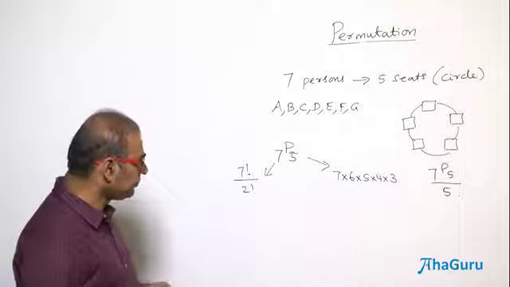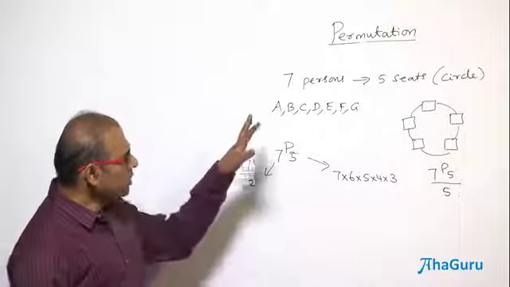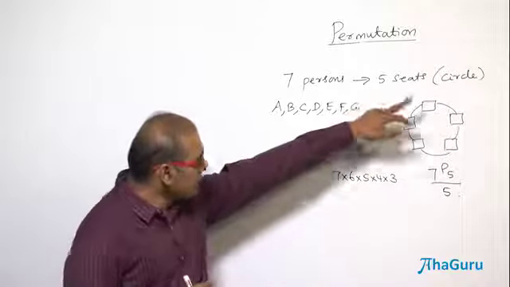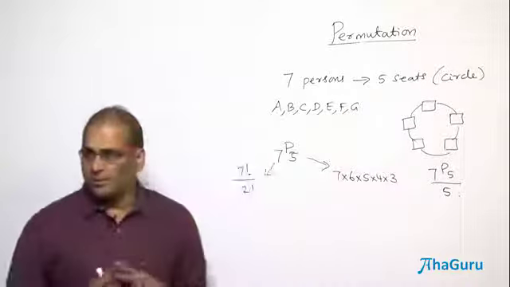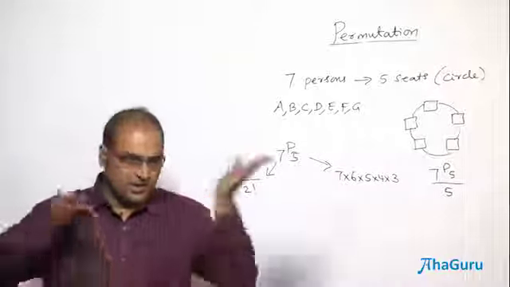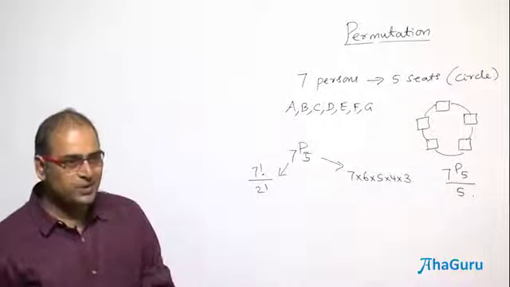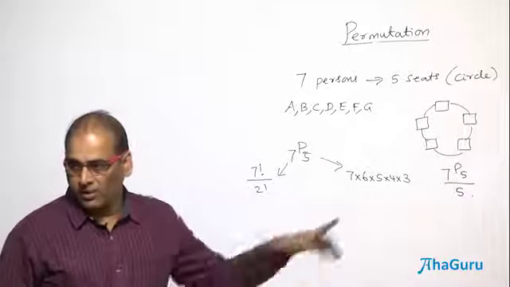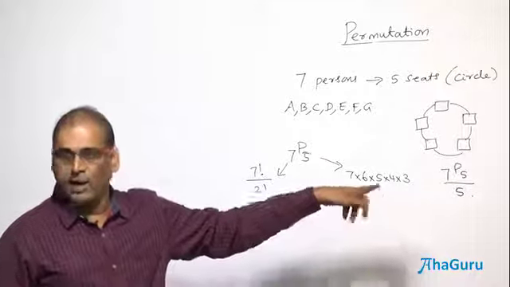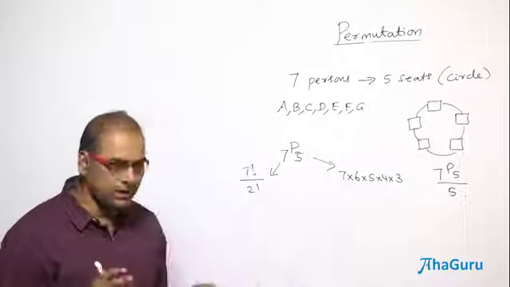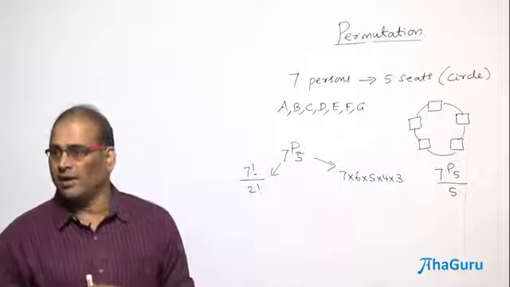So I am going to tell you an interesting idea. We have 2 routes by which we can look at this 5-seat circular arrangement occupied by 7 persons. One is you see the linear, then how many linears reduce to circular. So that route we took, correct? I am going to take another route, but if I take another theoretical route, the result should be the same. Are you able to understand?